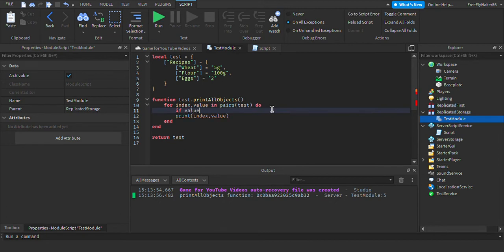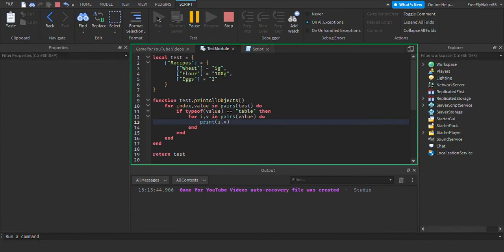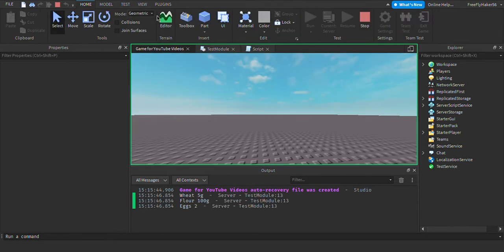If value is a, no, not is a, sorry. We'll do if type of value equals table, then, and there you go. Now we can get the table. And now we can go for i, v in pairs value, print i, v. There you go. Now, if I'm correct, this should go through the recipes because it found the table, and then print our wheat 5G. Yep, see right there. And now we get our wheat 5 grams, flour 100 grams, eggs 2 grams, and it